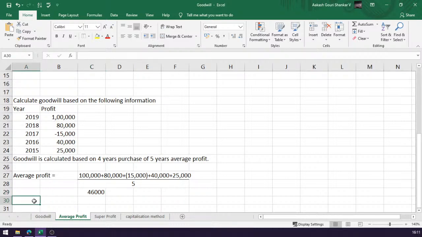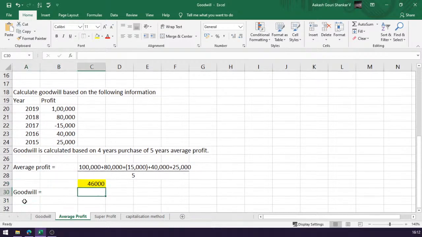Goodwill is nothing but average profit into number of year purchase. As we can see here, the goodwill is calculated based on 4-year purchase of 5-year average profit. So we have calculated average profit, which is 46,000 rupees. Now we have to calculate the goodwill based on the 4-year purchase. So goodwill is equal to average profit into